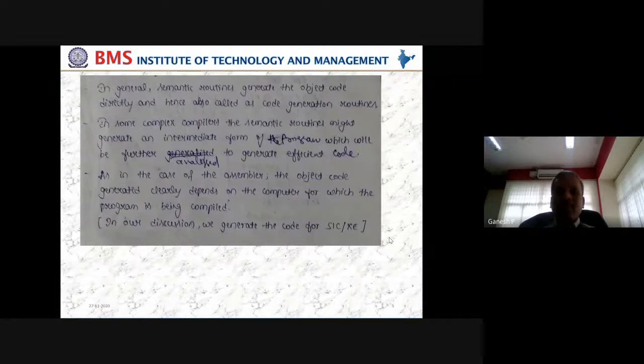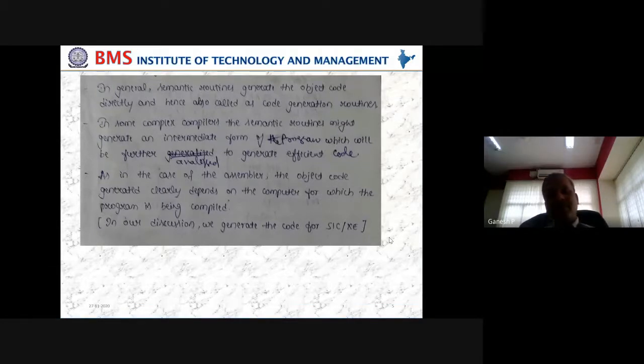So some compilers of current, complex nature might also generate an intermediate form, like we have bytecode in our Java compiler. It will not directly generate an object code, but it will create an intermediate form in the form of bytecode. In a similar fashion, current age compilers might require an intermediate form of the object code to be written, but that is not an object code. Keep in mind, whatever the intermediate form is, it is not going to be an object code, but it is going to facilitate the compiler to generate a more optimized program later. So we'll see how the intermediate form is going to help us.